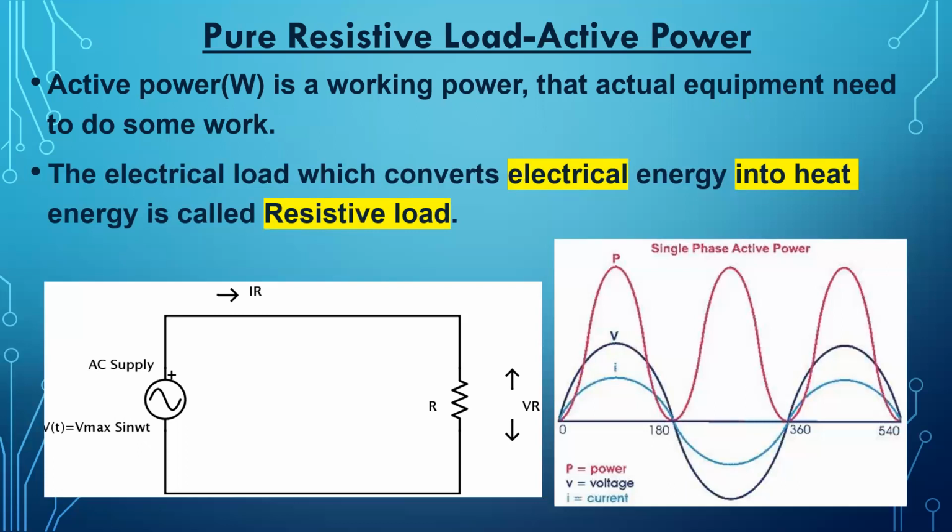So for that we have the circuit diagram. Also the waveform shows it. Suppose this is the power waveform drawn. Why is it drawn only on the positive side? Suppose this voltage and current are both positive: plus into plus, the power waveform will be positive. Here both the voltage and current waveforms are negative: minus into minus, it will become plus.